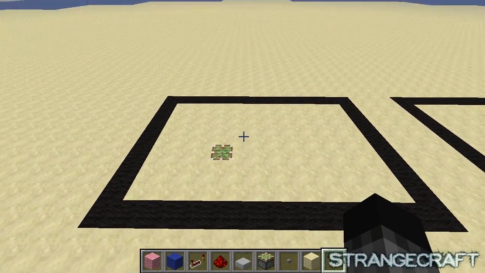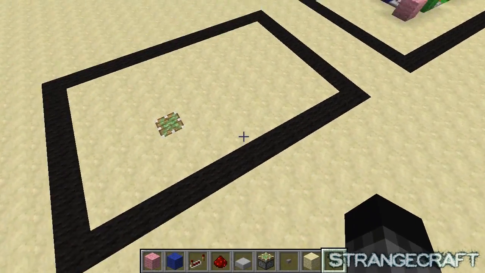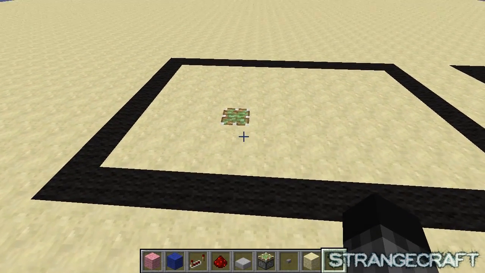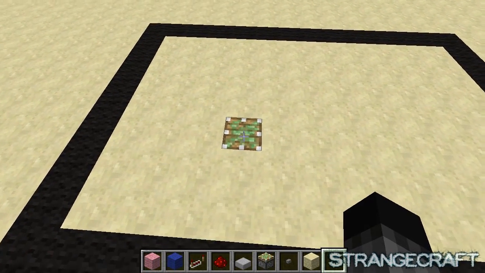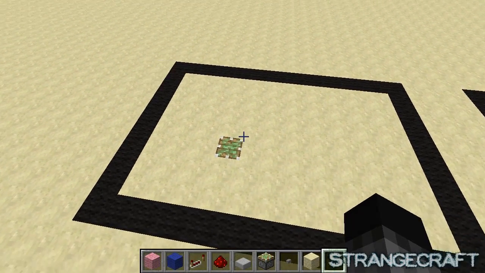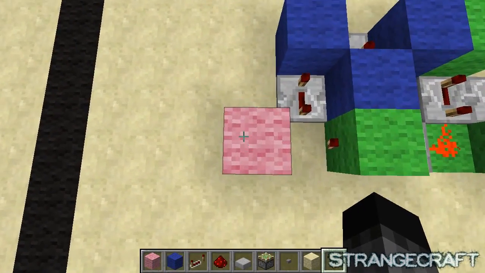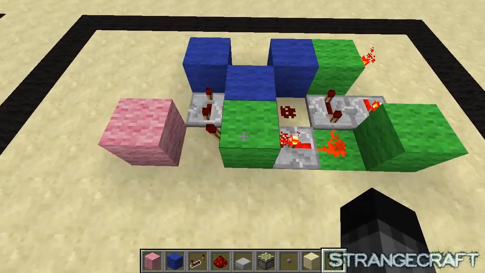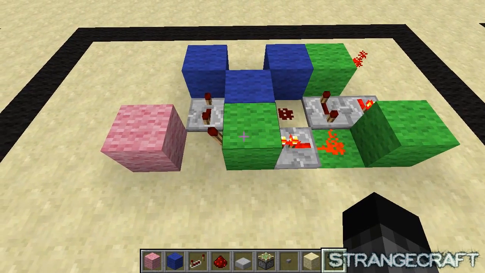Alright, as you can see, I have the black border around it. It is a 13 by 9, including the black border. So what you'll do is you'll come up 2 and you'll come in 4. You'll go down and you'll put in a single sticky piston for the first layer, and that'll be in ground. Our second layer, wool block on top of that sticky piston, and then from here you'll come over 2 from that sticky piston. You drop a wool block,